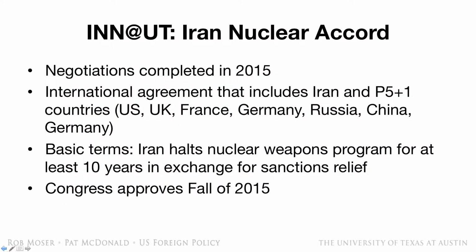Iran agreed to end its program to develop nuclear weapons for at least 10 years. And in return, the United States, Europe, Russia, and China, all the other signatories besides Iran of the nuclear accord, agreed to end the harsh sanctions regime that crippled Iran's economy, especially after oil prices dropped significantly over the past year. So this was just an exchange of the end of a nuclear program for the end of